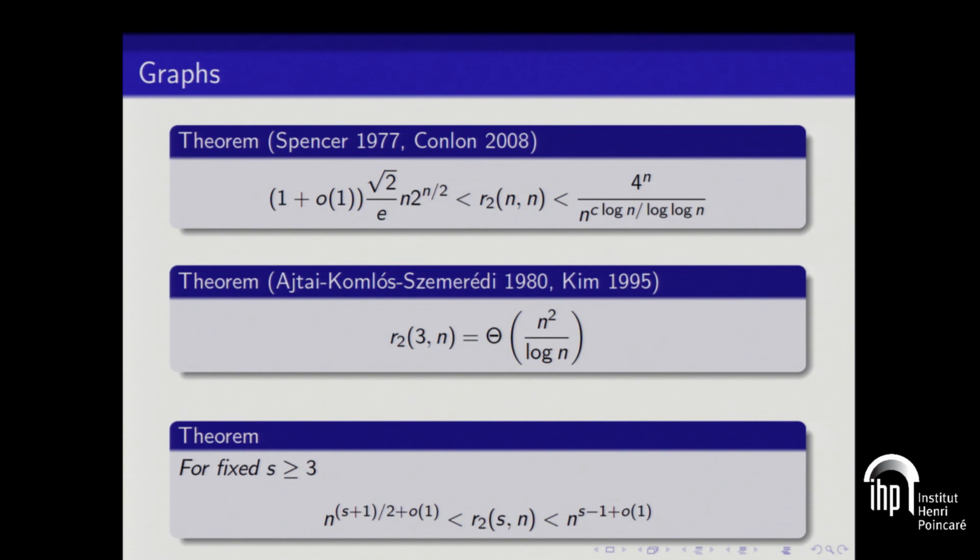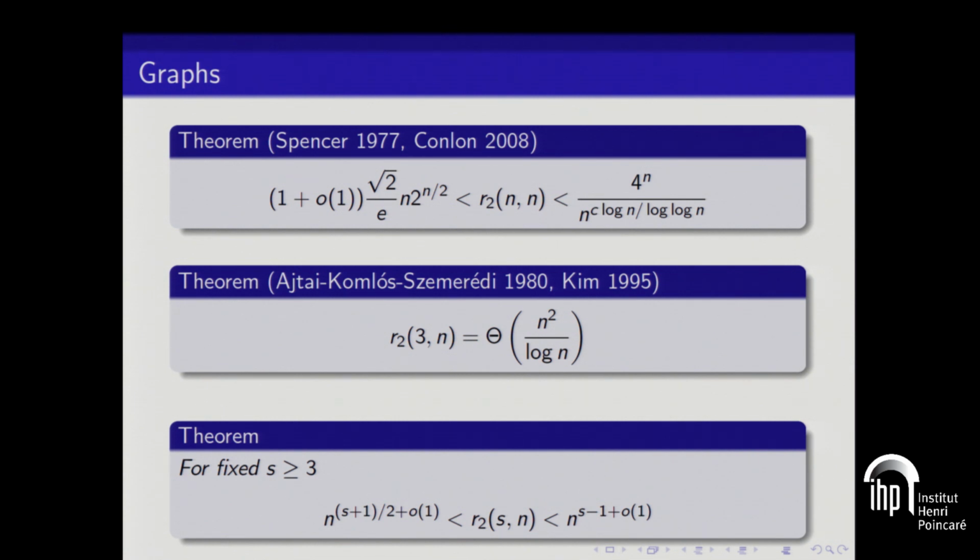So it's well known by various results that for the off-diagonal Ramsey numbers for fixed s, the upper and lower bounds have these exponents, s minus 1 and (s plus 1)/2. I'm suppressing some logarithmic factors. And it's lucky that when s is 3, they match, and we get n squared. But when s is 4, we have a gap, for example, between n cubed and n to the 2.5. And this is a very, very interesting question to figure out. I don't even know that there's a clear conjecture on which bound is correct.